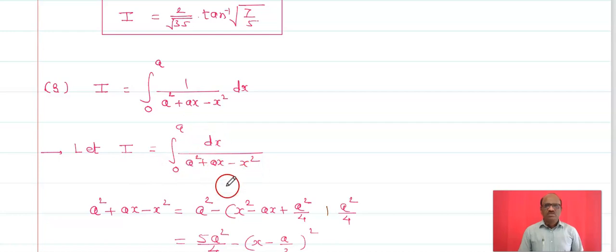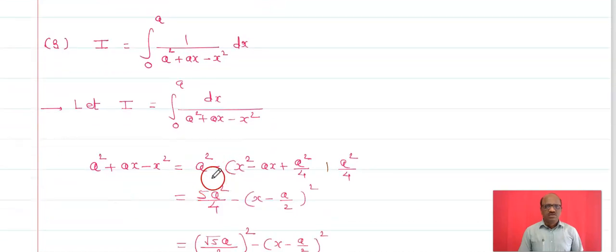and in this case we will write it in the form a square minus, in bracket, x square minus ax. What about the second term? It is ax upon, that is a upon 2, which is a square upon 4. We will complete the bracket, and that is actually here we are subtracting a square upon 4. To balance this I will write here plus a square upon 4. Now here a square plus a square upon 4 is nothing but 5a square upon 4.